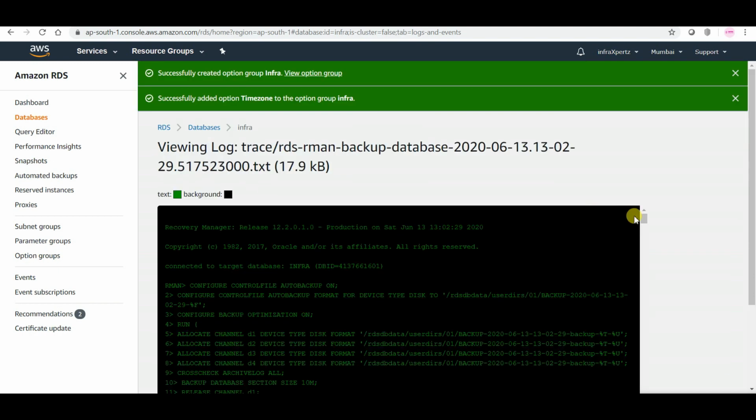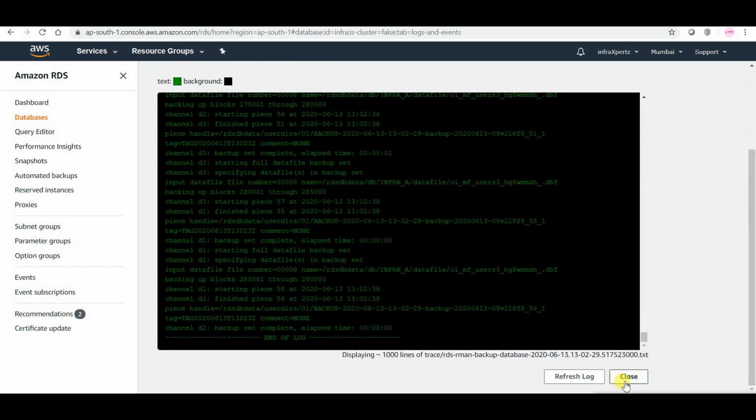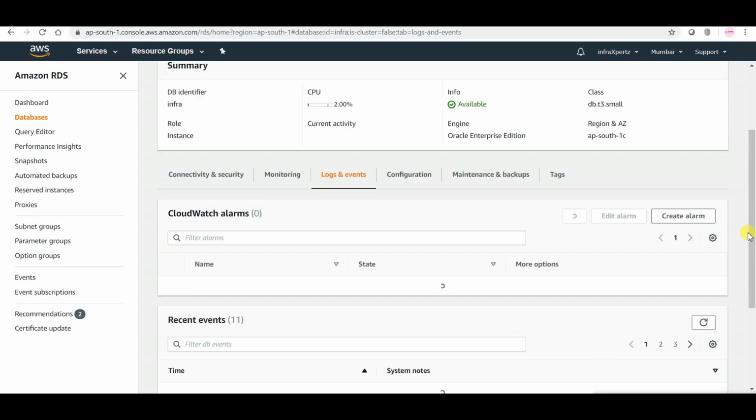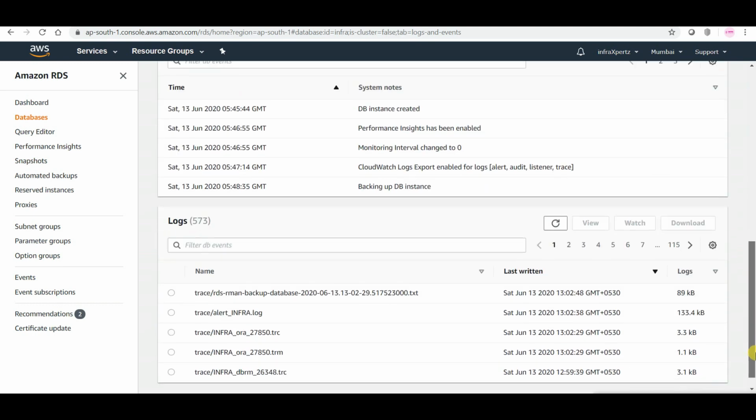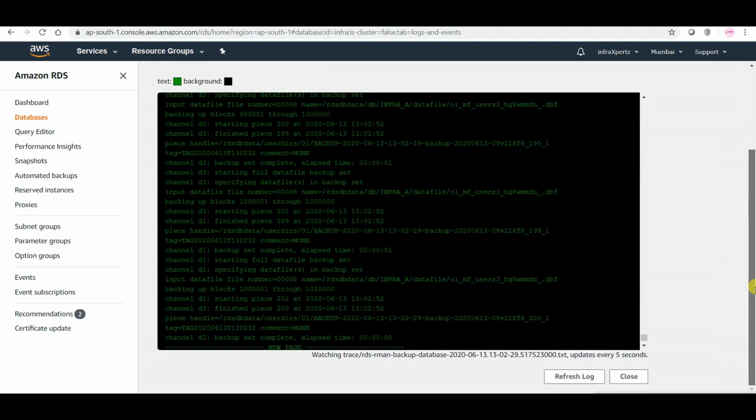So this is running right now. Backing up the database.